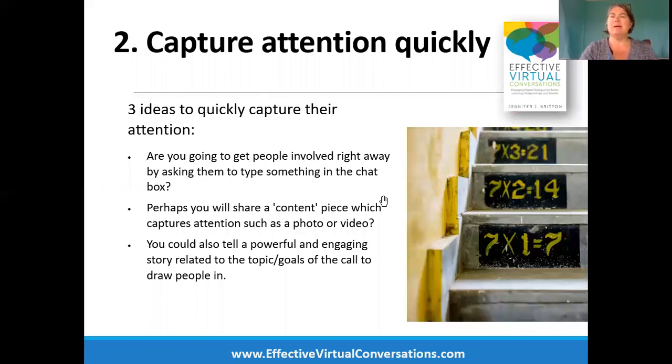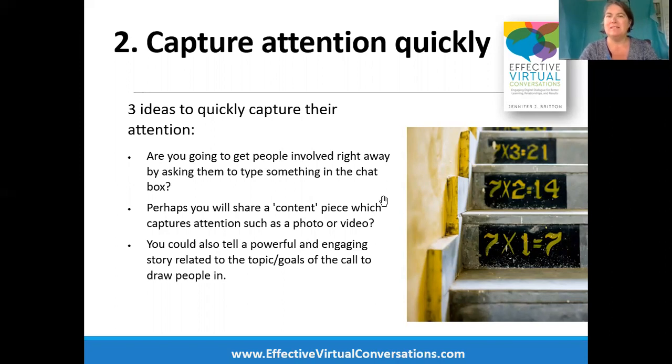Number 2, we want to capture attention quickly. And you can think about the different ways that I've been doing this in today's presentation. There is a significant number here, and that is the 7 to 10 times rule. You'll notice there's no surprise that I've chosen this photo of 7, just to get you to think about the number 7. In an in-person environment, we've said we want to engage people every 7 to 10 minutes. There are multiple ways I've been doing that in the first 10 minutes of this call.